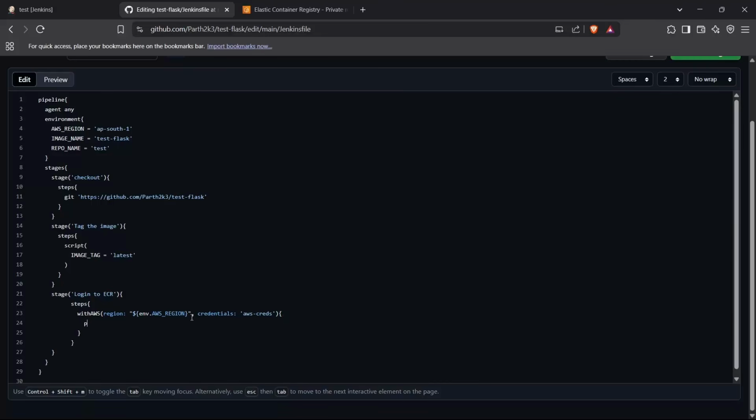And with these credentials, I'm going to run some commands. So first of all, in PowerShell, since I'm using a Windows machine, I'm going to use Windows commands. If you're using a Linux machine, you can just use sh for shell commands. All right, so I'm going to run some commands in PowerShell now, which are going to be inside these three apostrophes. So first of all, I'm going to run a command, which is $ECR_LOGIN. So this is going to be a variable name. So I'm going to name it something like aws ecr get-login-password